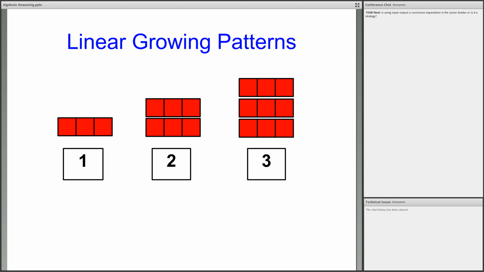And then it's easy to think about the 100th position. So at 100, we would have 100 groups of 3 tiles or 300 tiles. And then the 1000th position, so we'd have 1,000 groups of 3 tiles, so 3,000 tiles. And once that connection has been made and you start to do these far predictions with friendly numbers, it's really exciting for the kids because that's very, very powerful thinking to be able to make those very far predictions